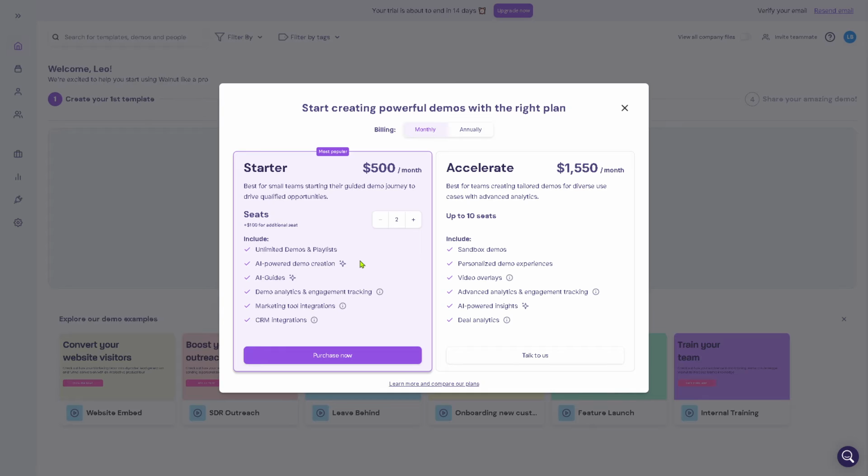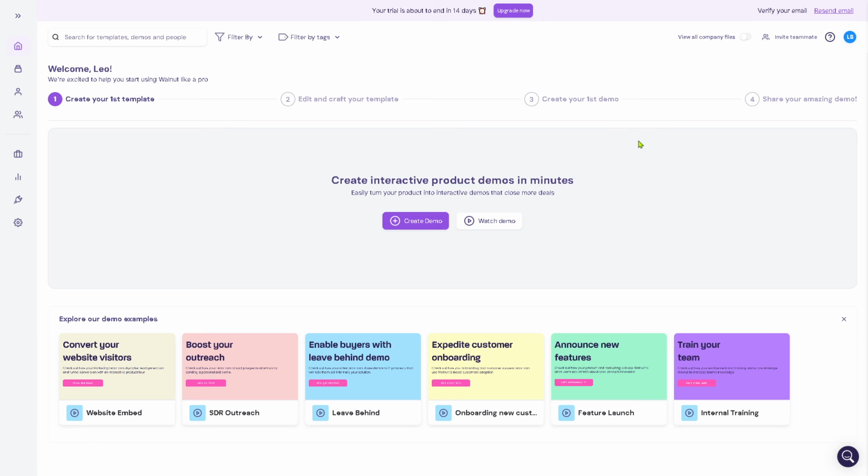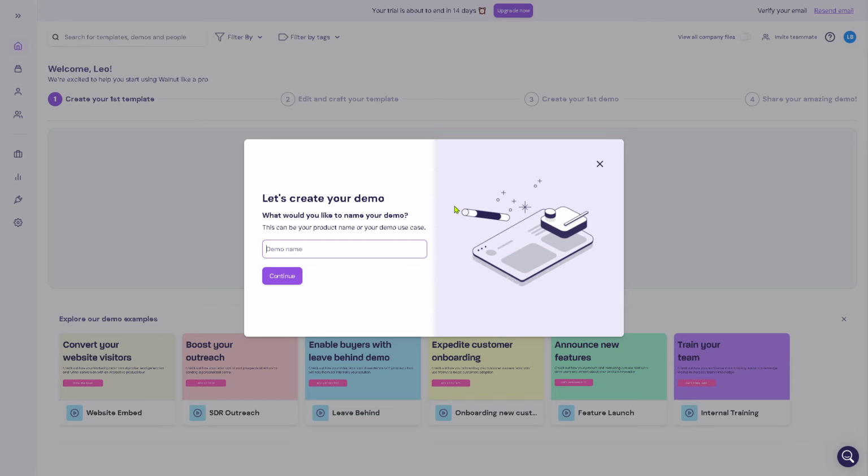now, before you can start creating powerful demos with the right plan, you might want to go to the starter plan, which is going to be like $500 per month. And if you wanted to upgrade, we can go to the accelerate, which is $1,550 per month. And you get to have all these. But if you're not comfortable doing that, you might want to click the plus button here that says create your demo. So for example, in our case, let's say